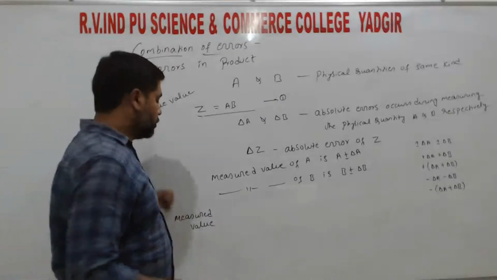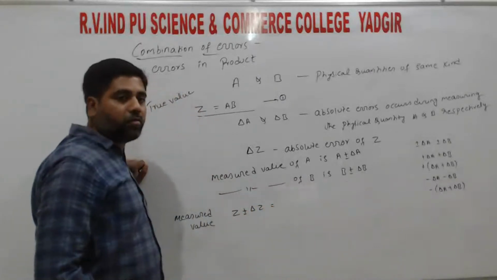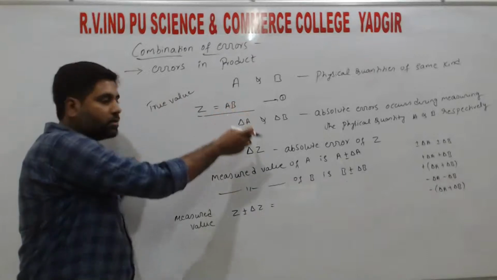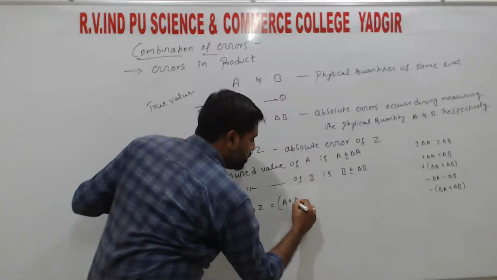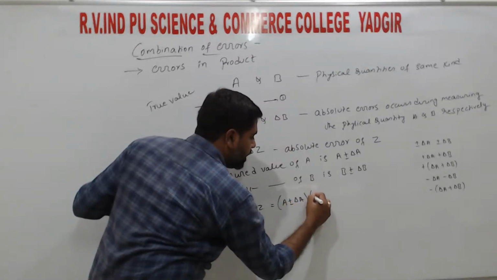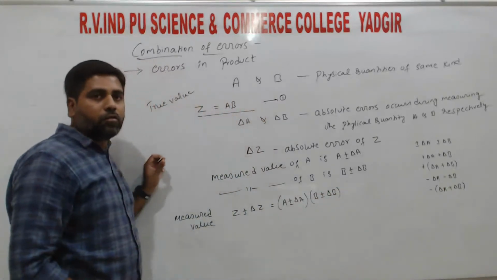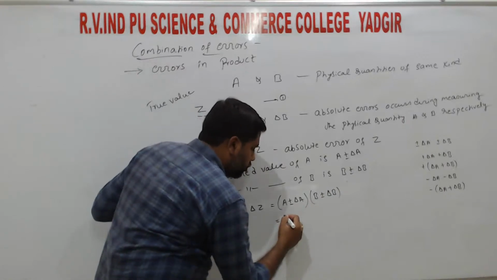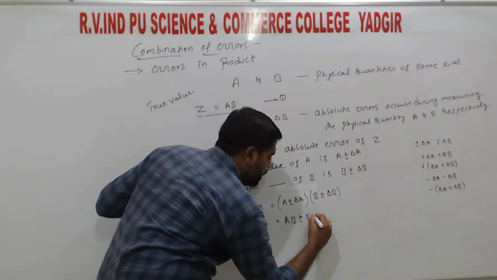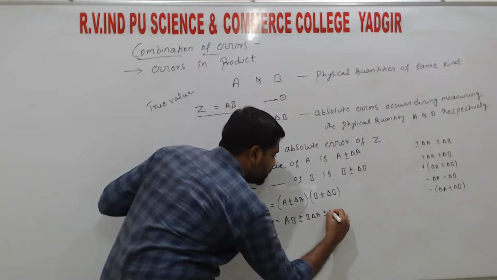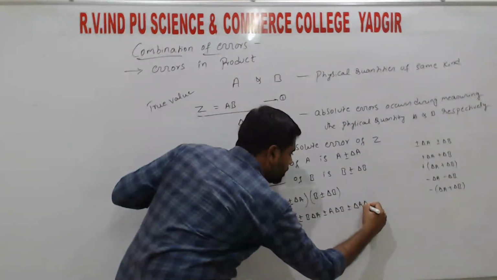right? So the measured value again is Z plus or minus delta Z, that is equal to the product of the two measured values with errors, that is A plus or minus delta A into B plus or minus delta B, right? So multiply these two terms, right? So A into B, AB, plus or minus B into delta A, plus or minus A into delta B, plus or minus delta A delta B,